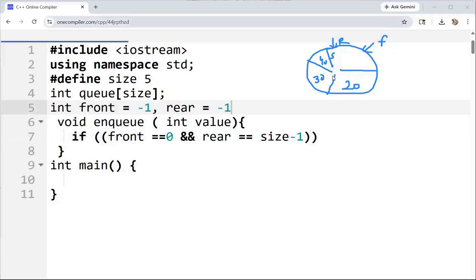Okay, wait. So we have deleted the element. So we have deleted, yes. So this was your queue. Here was 50. Okay. So now front is not pointing to this location. Front is pointing to this location. It was 0, 1, 2, 3, and 4. Right? Now you want to delete one more element. You have deleted this. Done? Okay. Now front is what? Front is pointing